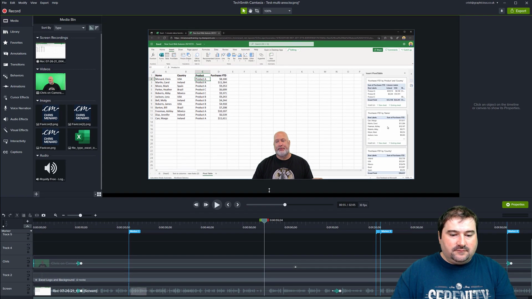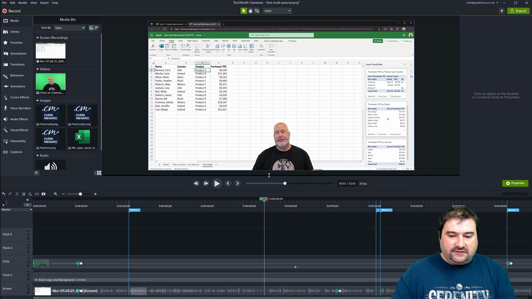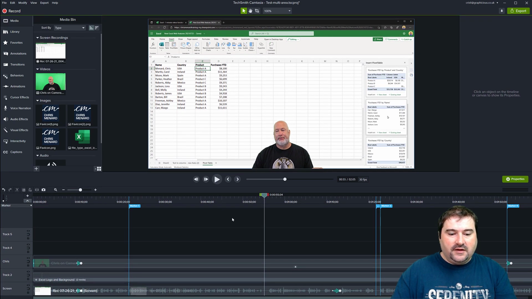Very easy. Make room on your timeline like this. Just make the screen smaller. The first step is to make a copy of the video, of the screen video that you want to show. This doesn't work without a copy. You cannot zoom in; there is no effect to zoom in on two different areas of the screen at the same time. So you're going to have to use a copy of the clip.